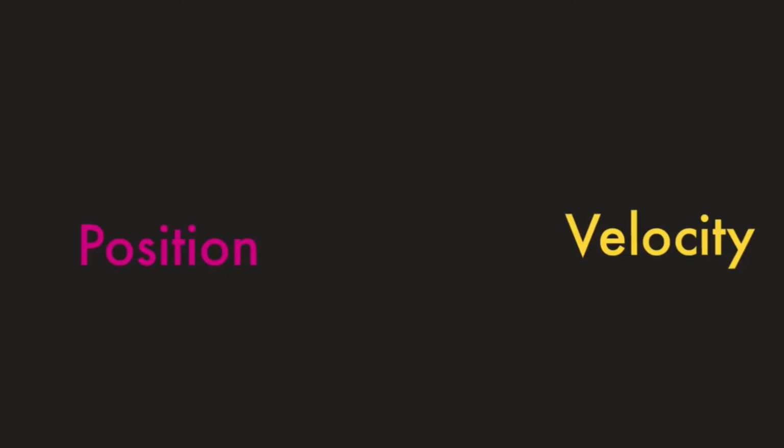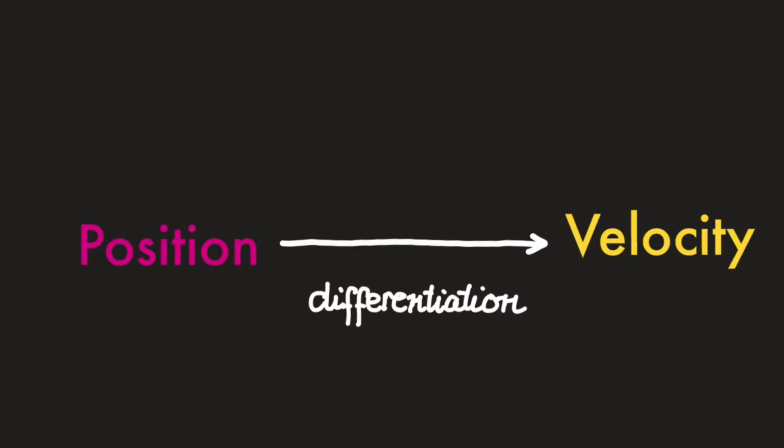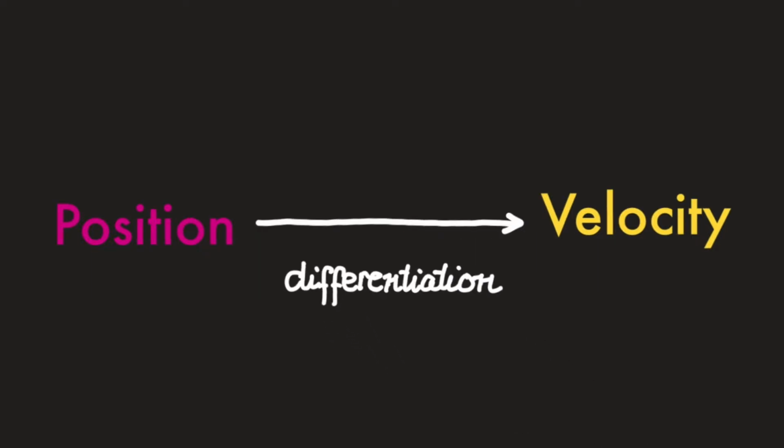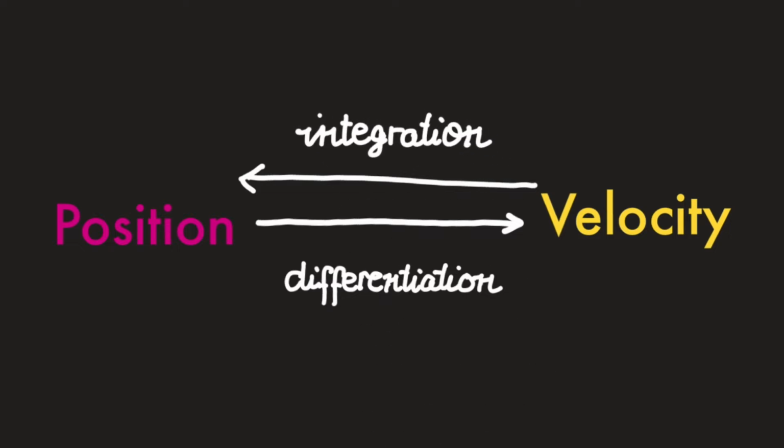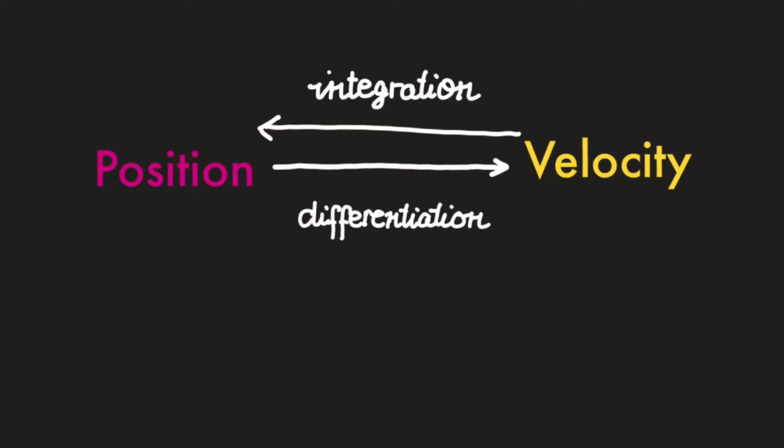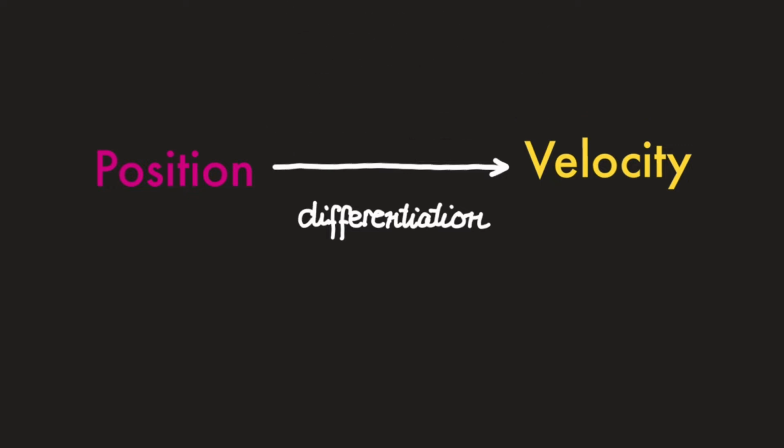So previously, we have discussed how to find velocity from position. That's the problem of differentiation. Now we're ready to discuss the opposite problem, namely recovering position from velocity. This is, in a sense, the problem of integration. But first, before delving deeper into integration, let us quickly recap what we've got so far and clarify and review